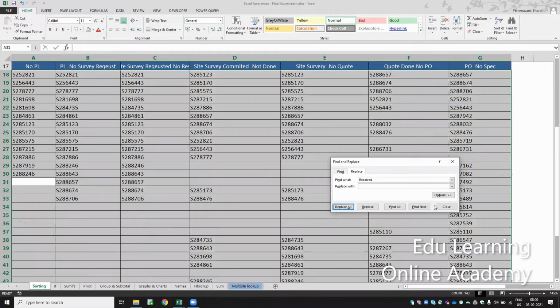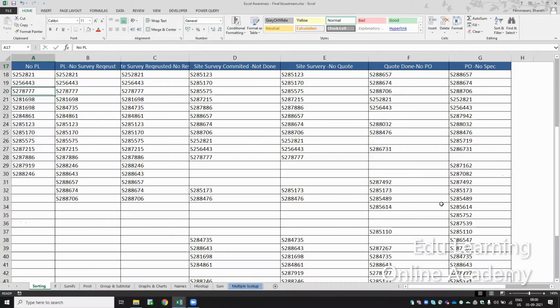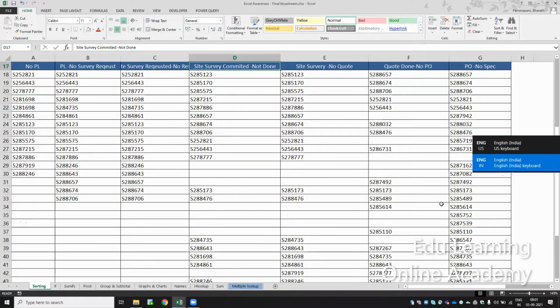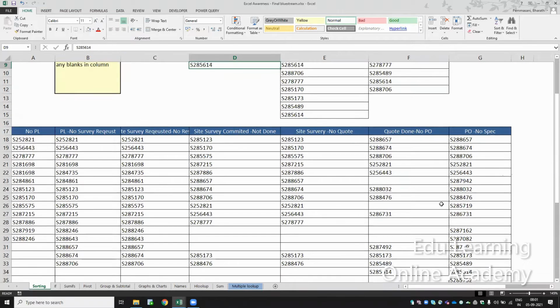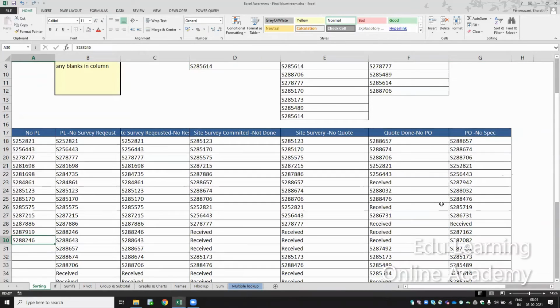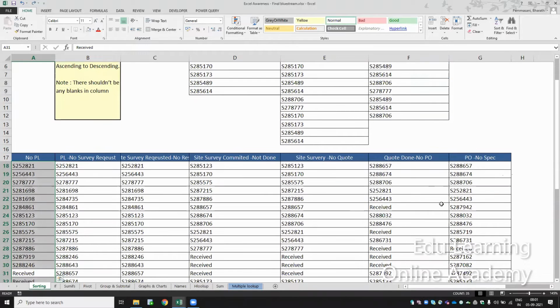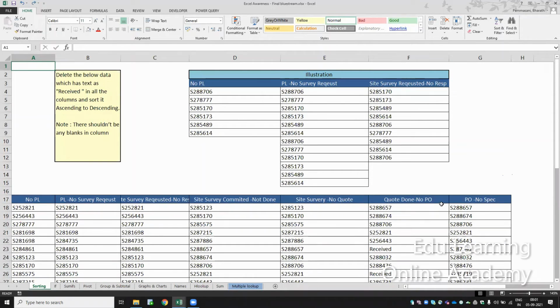So now I have replaced all the received text. Now I wanted to sort one by one. I will select one column only, and sort it. So this is your first task. Finally, your answer should be like this. This is only an example. Okay. Finally, your answer should come like this.